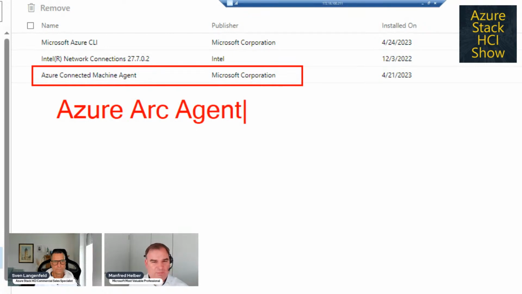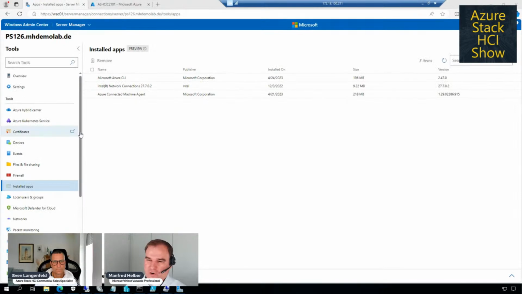So this is independent from the Azure Arc Resource Bridge, but for sure the Azure Arc Resource Bridge expects that we have Arc enabled servers. Yeah? But for sure, we can have Azure Arc enabled servers, even with Azure Stack HCI, without having an Azure Arc resource bridge. So the resource bridge is an additional thing we can configure optionally.